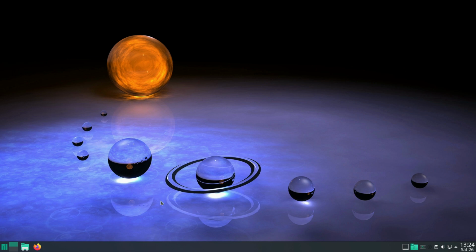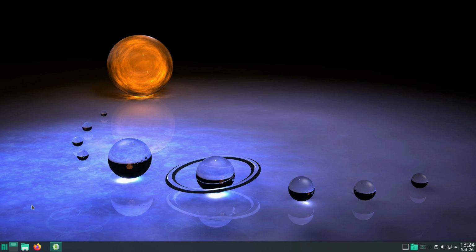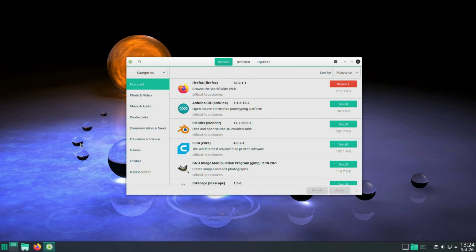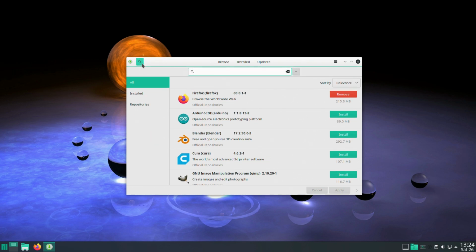Right. So for demonstration purposes today, we're going to load up a game. So add software, which I can't read. That's good. Can't even read the screen. We're making Amber Rogue, aren't we? So Rogue.